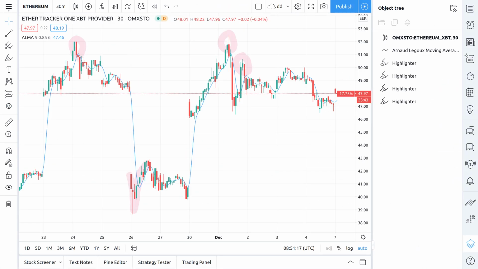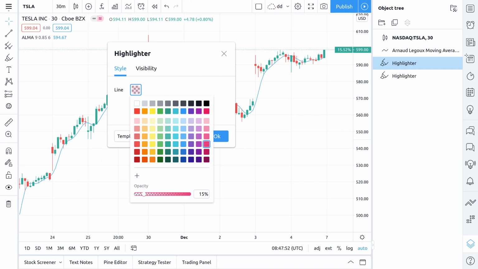To exit the drawing mode, you can either right-click in an empty area of the chart and select crosshair, or simply click elsewhere to stop drawing. You can change the color and transparency of the highlight by going into the Tool Settings menu or using the floating toolbar. Once you've highlighted the areas of interest, you can choose to save the chart with these annotations or